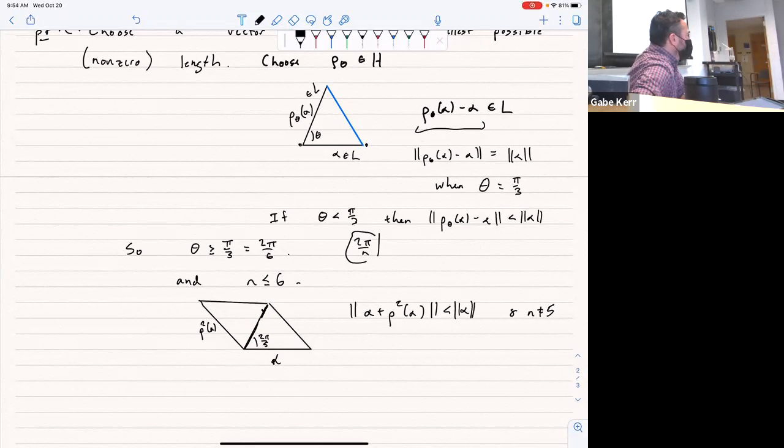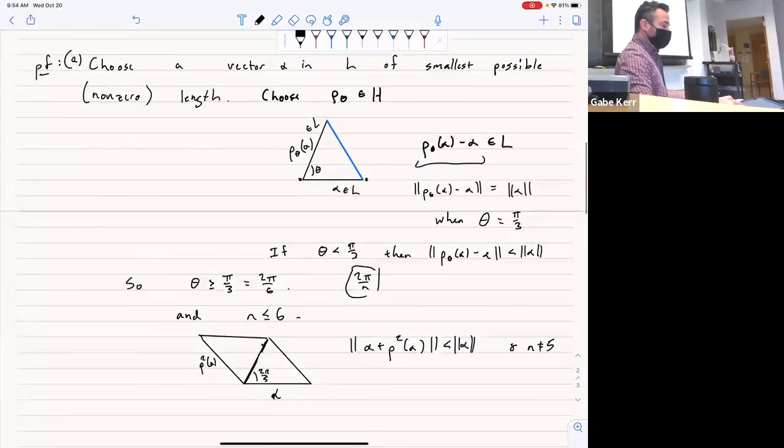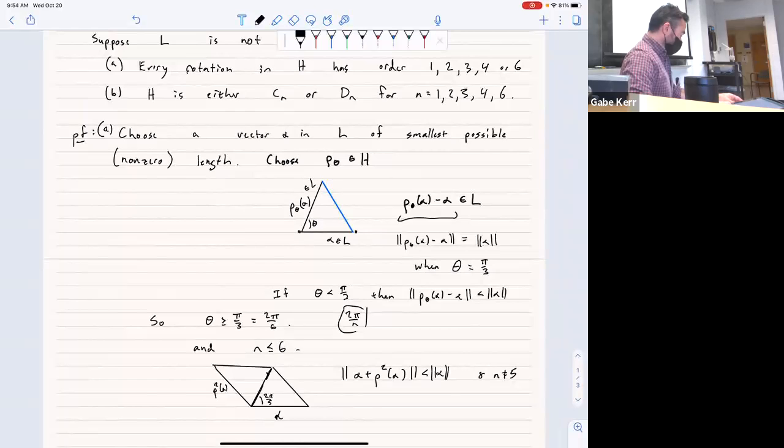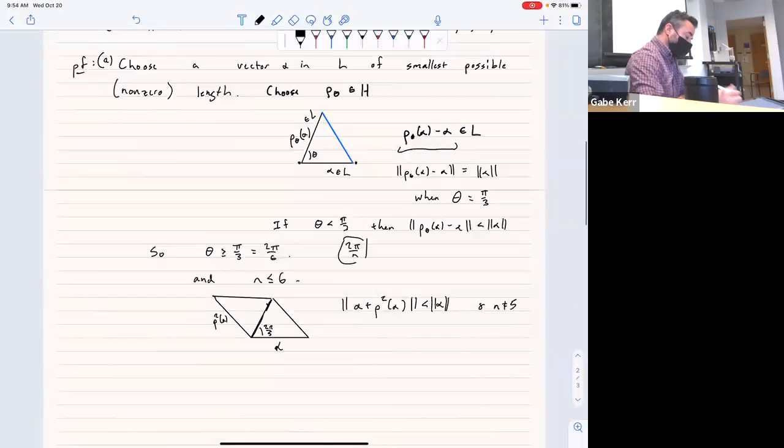That makes sense. So we get this finite set of possibilities, and great. So that's part A. Part A is giving us what the possible rotations are that we can have in H, and then part B,